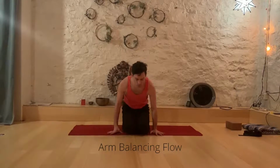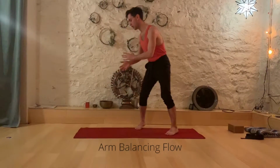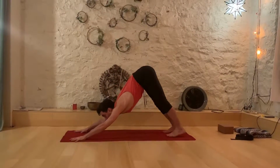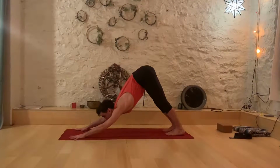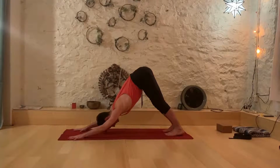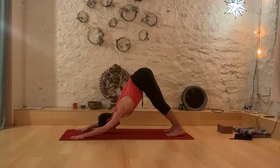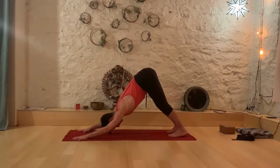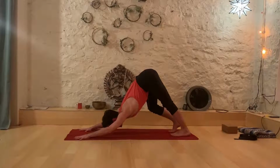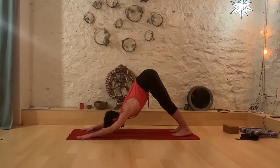So, we're going to start this posture from a downward facing dog, Adho Mukha Svanasana. Really helpful here if you make sure that your arms are spread nice and wide. Fingers spread nice and wide as well, gripping the mat almost as if you were a little yogi tree frog, using your finger pads to squeeze the mat, biceps toward the front of your mat, maybe a nice bend in your knees to stick your seat out and back to give your spine that nice hammock effect, melting toward the